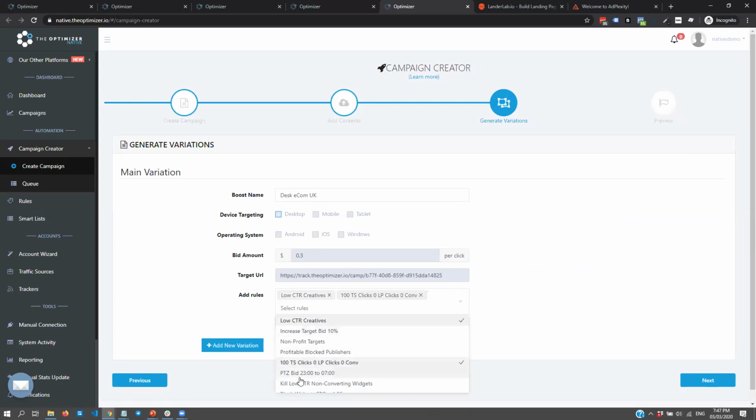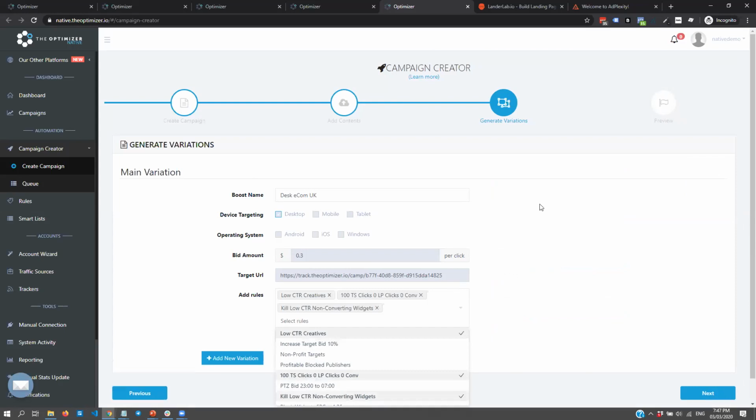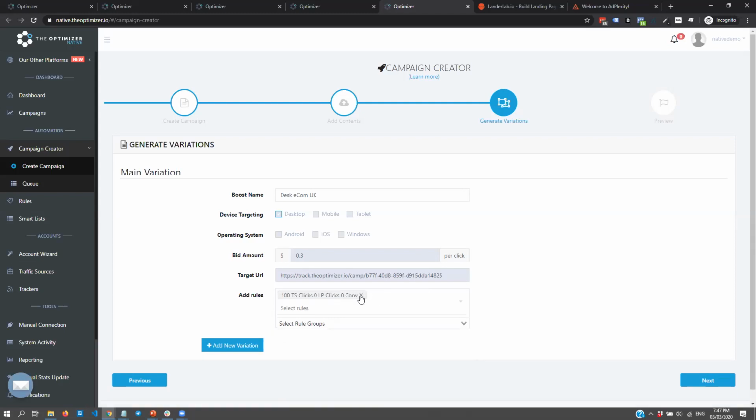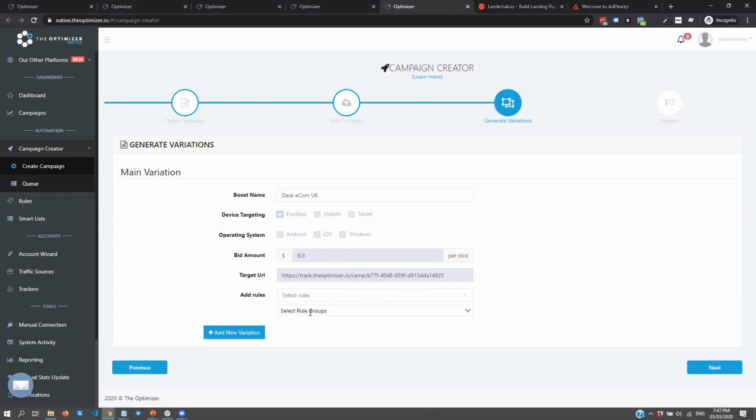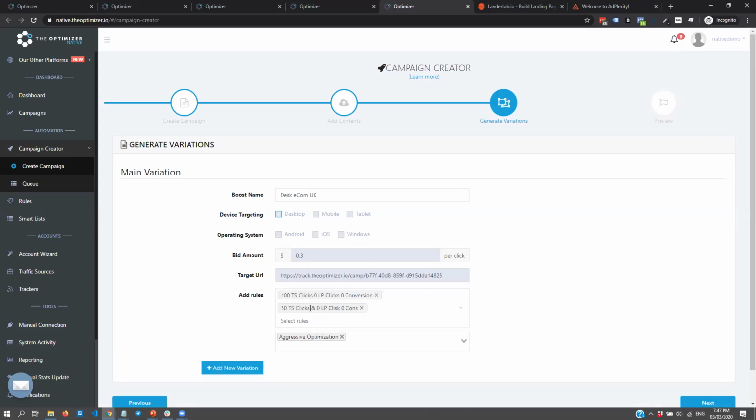So let's say I want to block everything that is not converting, or in case you have previously created rule groups, you can always use rule groups which will automatically add all the rules which are present on that group. So let's say I'm adding this rule group, aggressive optimization, which I already have here,